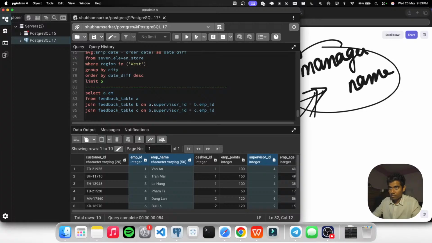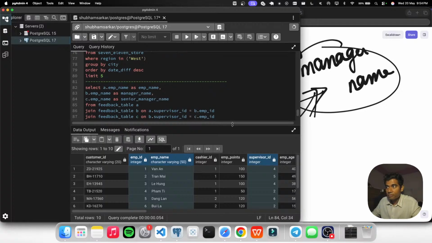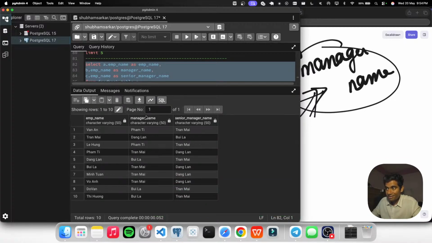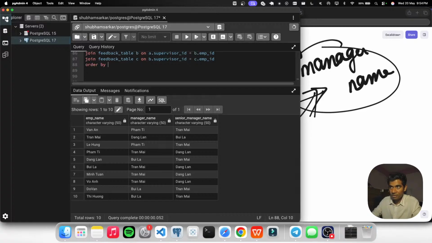So a dot employee name is the same as employee name, then we will do b dot employee name as the manager's name, then we will do c dot employee name as senior manager name, okay, and do the execution part. This is what we have received, employee name, manager's name and senior manager name. And if I do the order by, you will see the hierarchy triangle here. If I say order by senior manager name,